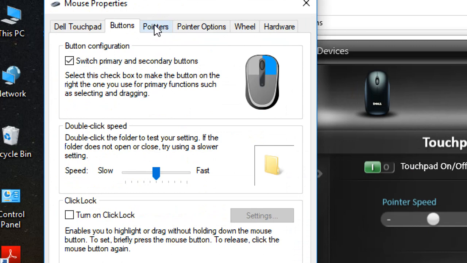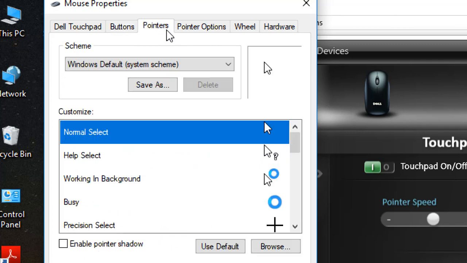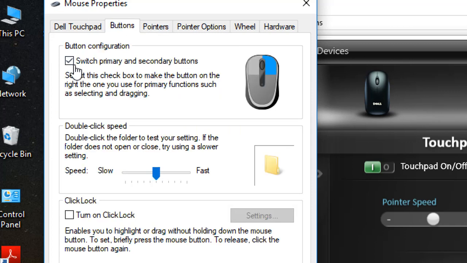So now I am going to click on the pointer with the left button. Is it working? No. Why is it not working? Because I made my primary key the right side key. So I will press the right key, then only it will open. Understood everyone? So let's make the primary key the left key only, because we have a habit of using left click.